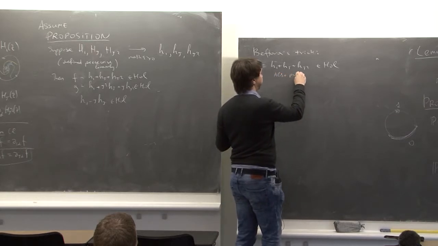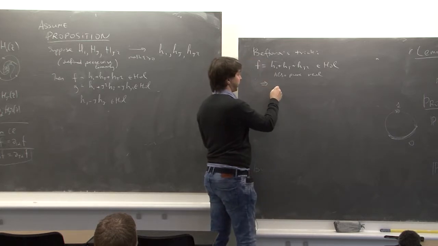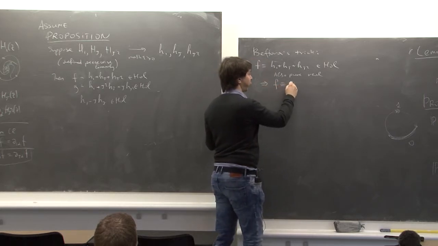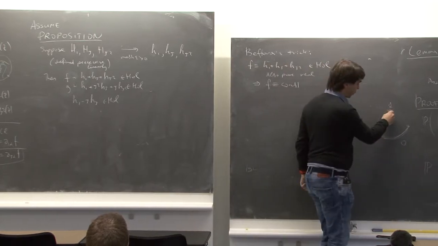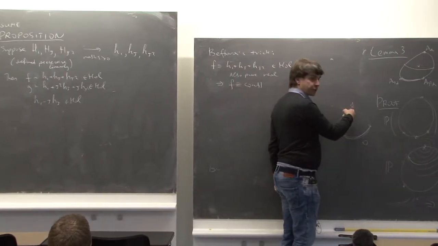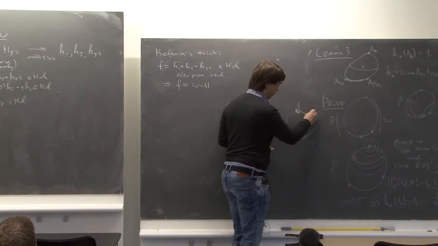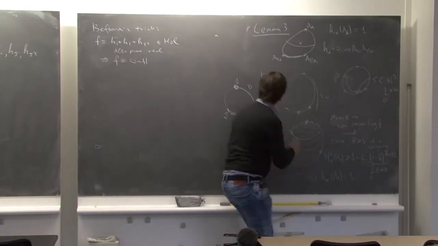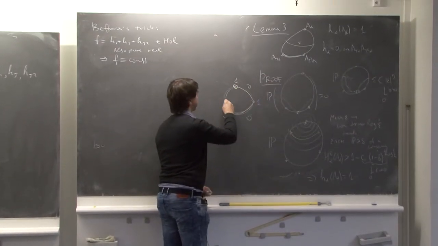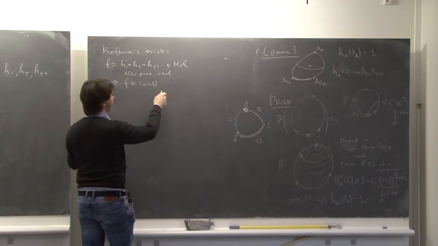Also purely real. Then it means that f is a constant. And which constant? Well, we know that at this vertex, one of the functions is equal to 1 and the other two are equal to 0. So there is this other function which is 0 and 1, and there is a third one which is 1 here and 0. So it's actually equal to a constant,